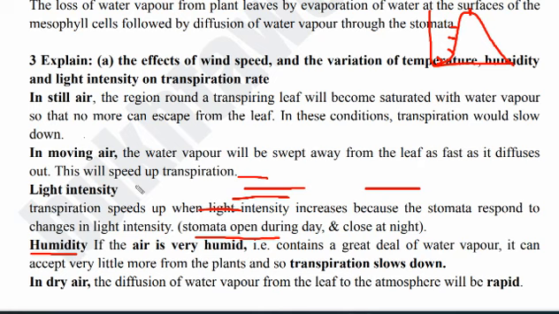You can say, if we're going to talk about it on the basis of humidity low hai. What is humidity? Humidity basically hoti hai water vapors ki amount environment ke andar, hawa mein kitni amount hai water vapors ki, kitni nami hai. So in dry air, basically humidity is low, and when there is low humidity, that means in the dry air the rate of transpiration will be high.